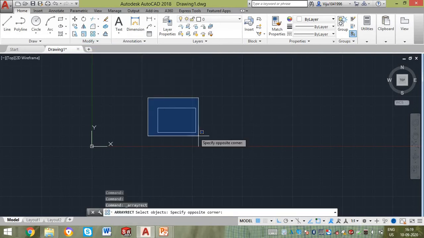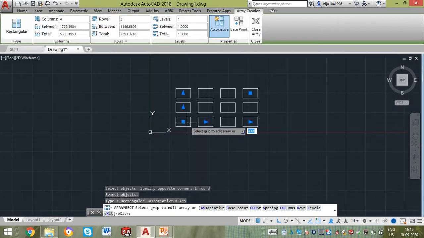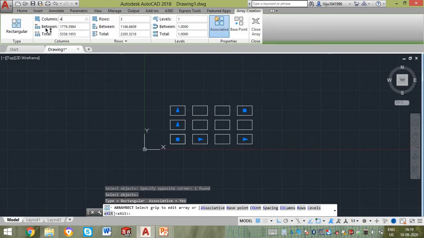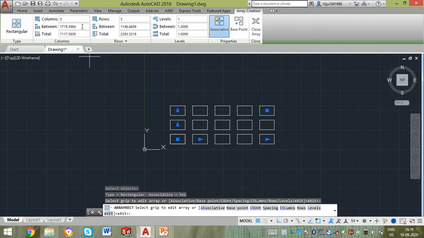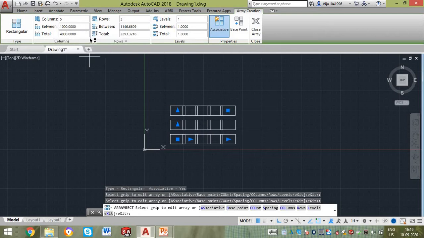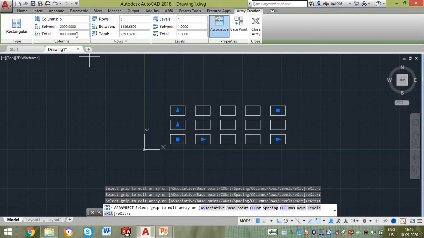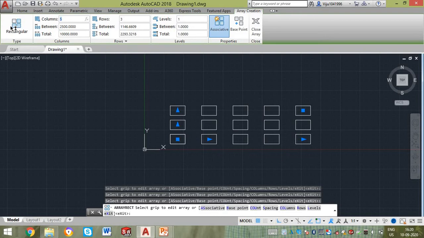If I want this particular rectangle to be arrayed, this is the way you can do it. Columns, between columns and total, similar to the rows. All these three are present for rows as well. You can input the number of items and the distance between each and total distance for both columns and rows.